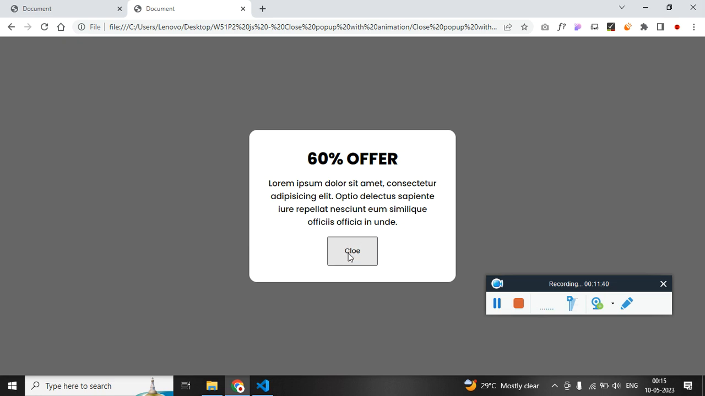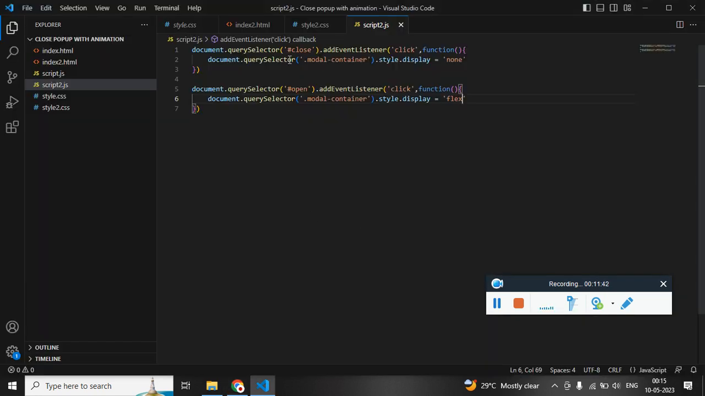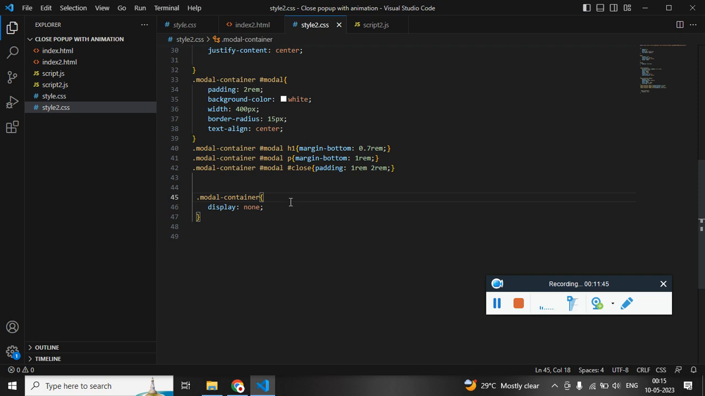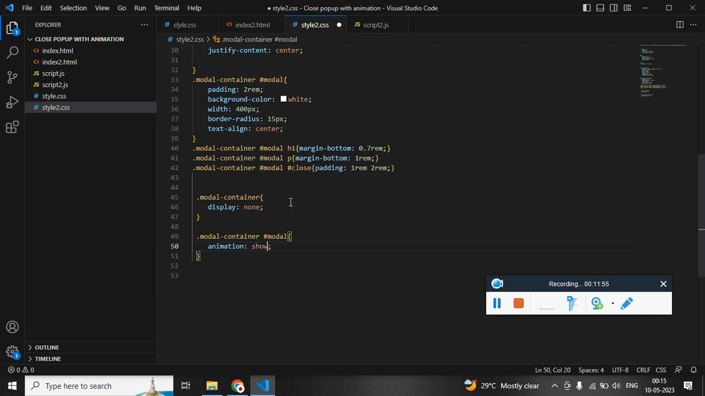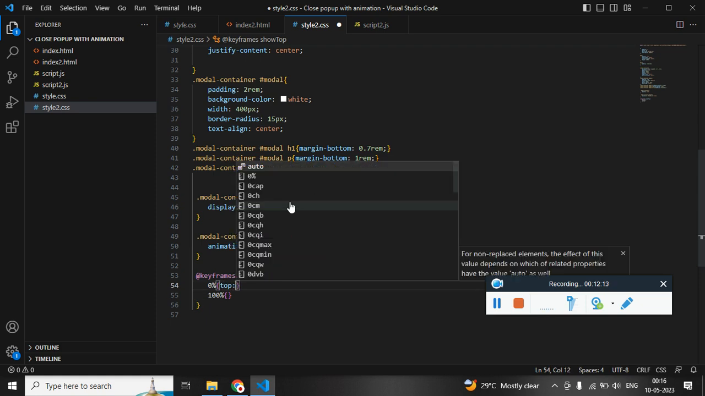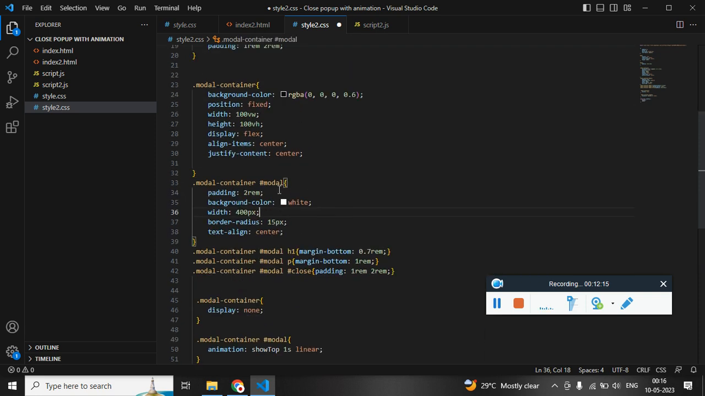Now to show the animation, it's very easy. So the model container has a model div. Let's add an animation. Let's define the animation. The animation name is going to be show from top. Duration is 1 second and the speed is linear. Let's define the animation at the rate keyframes on 0th percentage and on 100 percentage. On 0th percentage, it should start from,